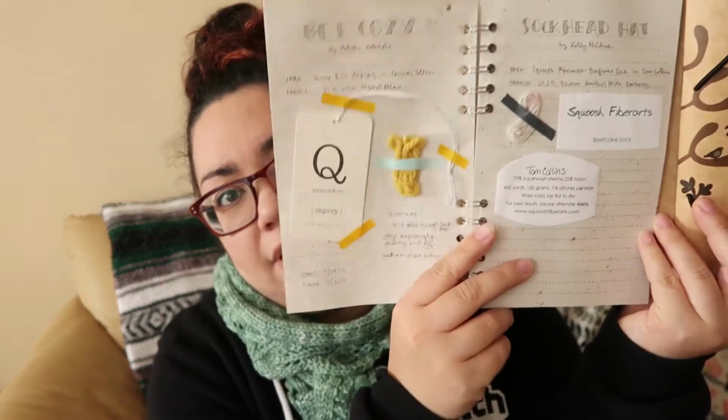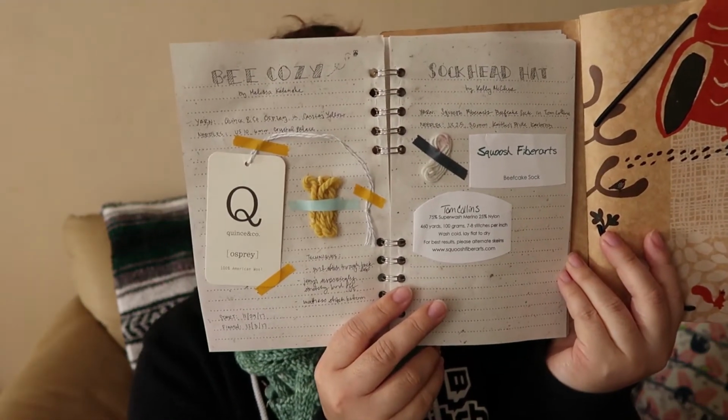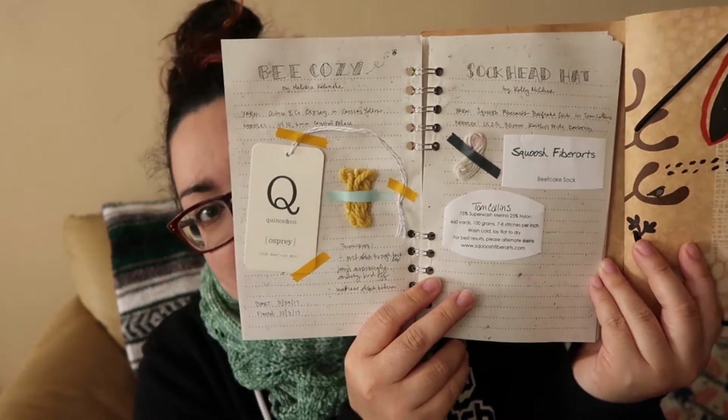And what I did was I would write the project name and some information about each of the projects, and have the yarn tags and the yarn samples on it. I did like the way that it looks,